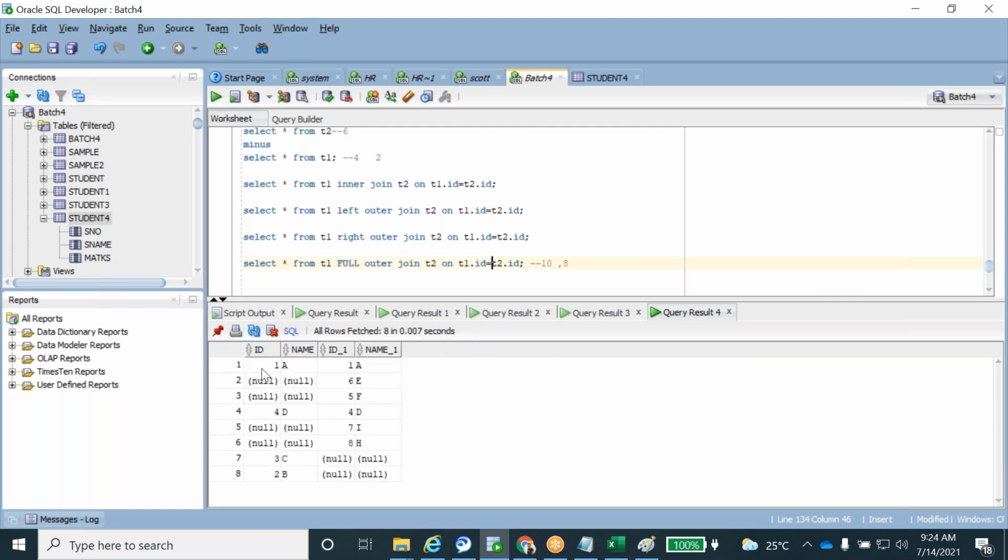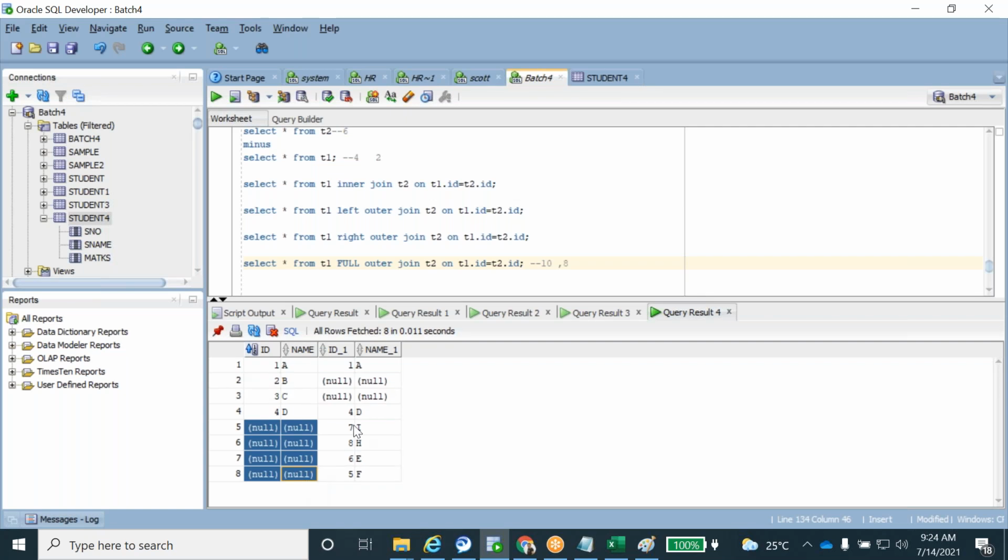See, this is the first matching record, and the second matching record. This is the left side unmatching records, 1, 2. Here is the unmatching record of the right side table.